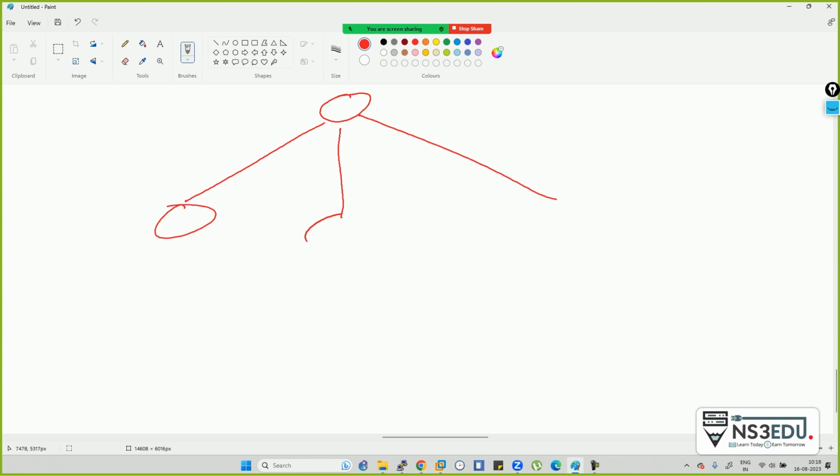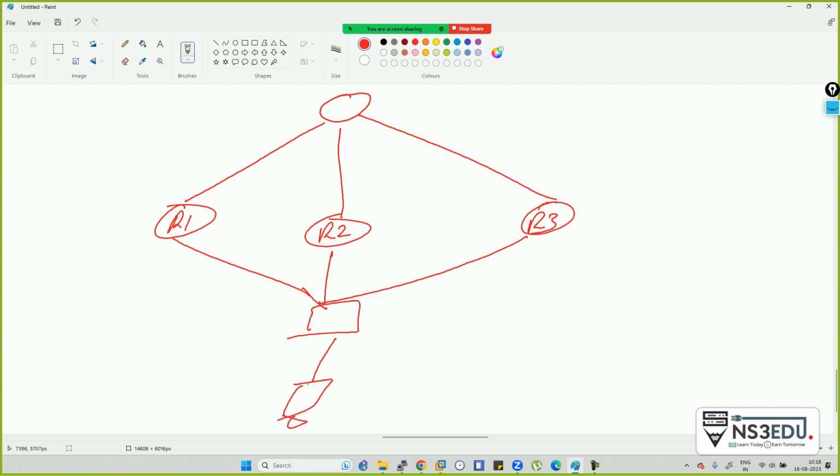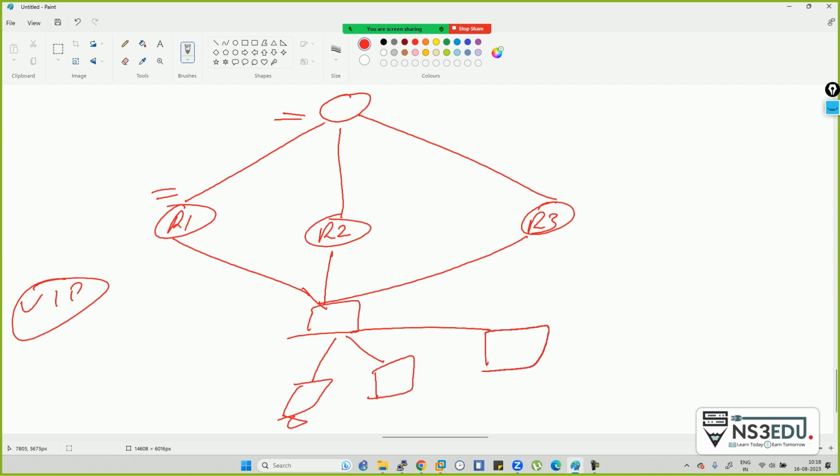You guys will have 3 routers, router 1, router 2 and router 3, and they are connected to the switch and they are connected to the one LAN device. Now what will happen, this is same. जो भी ये कॉन्फ़िगरेशन थी, जो भी अपनी आईपी वगैरह थी वो सारी सेम होंगी, ठीक है। वर्चुअल आईपी भी सेम होगा, बट यहाँ पे क्या चेंज आएगा, यहाँ पे आप लोग अटैच करोगे 3 पीसीज,